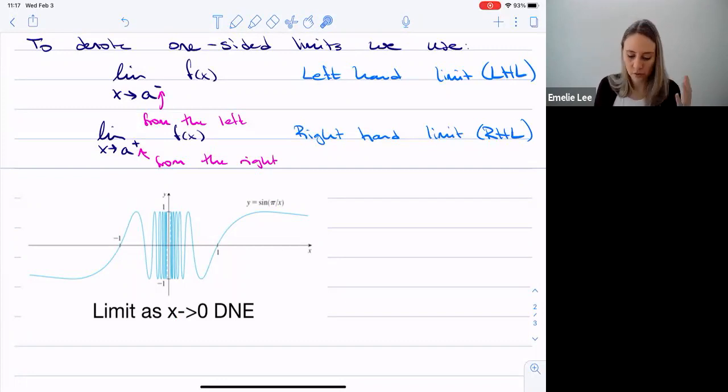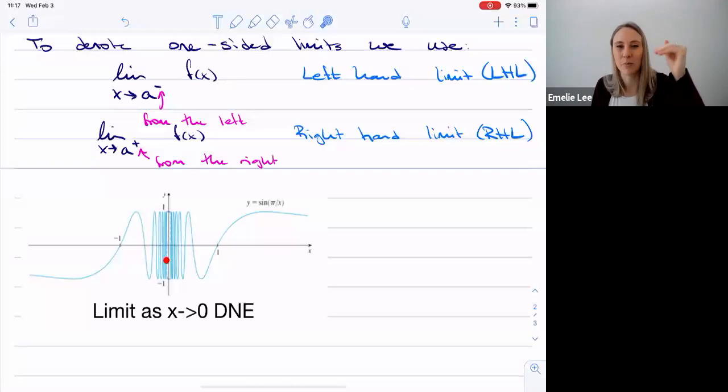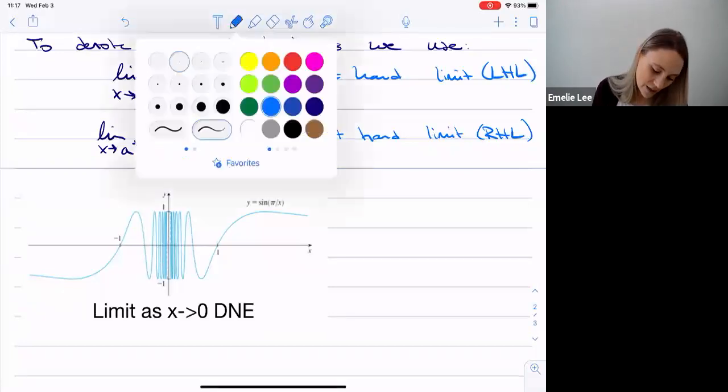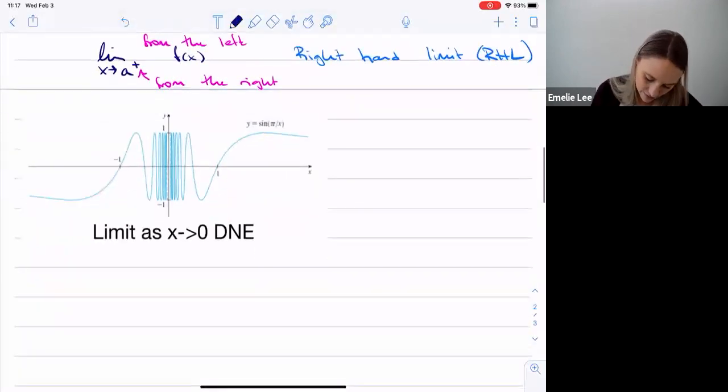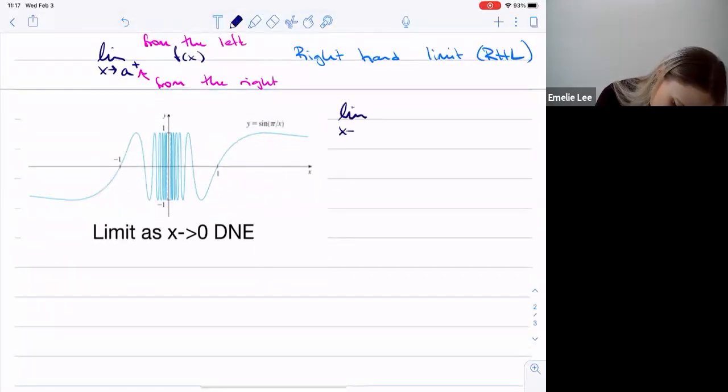And so that's just one to look out for: if you have the sine of something over x, where that over x is inside the sine function, then as x goes to 0, the limit doesn't exist because it can't make up its mind, right? It's going to go closer and closer, and it's going to jump between -1, +1, -1, +1. And so here, I want to say that the limit as x goes to 0 of the sine of pi over x